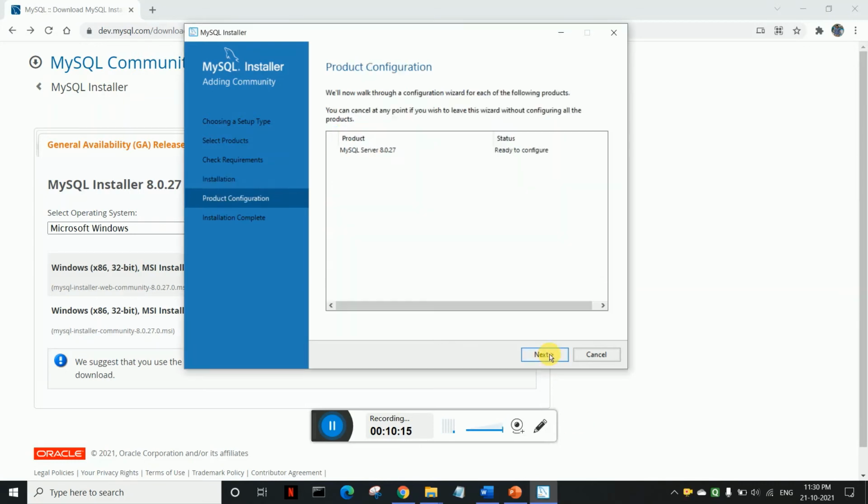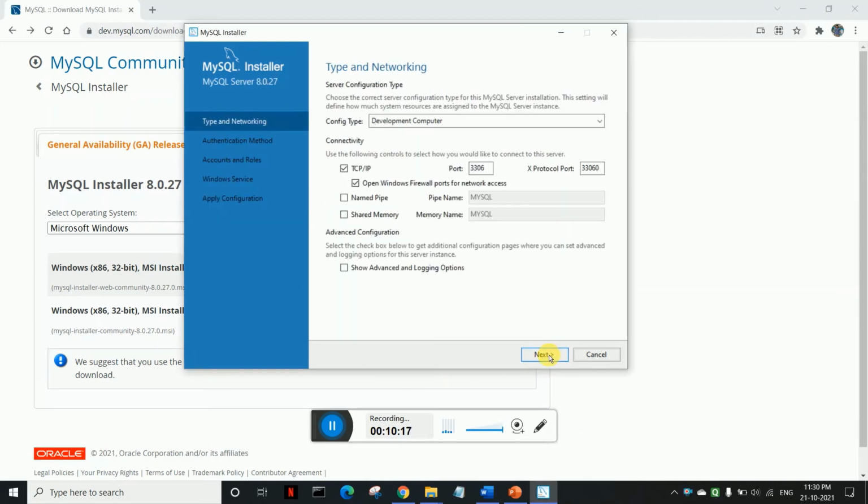Click on next, leave all the default values as they are, and this is the port number. Okay, you can note down this port number also, 3306. Maybe it is the same for you also, but sometimes it varies. Click on next,